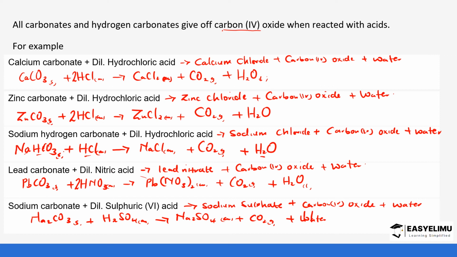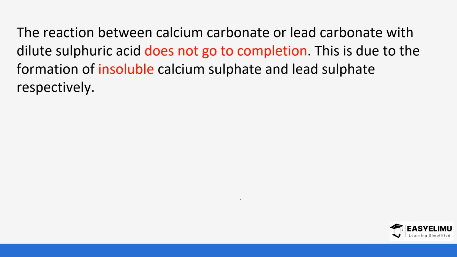Supposed to be the same, but water. So let's balance this equation. Sodiums are 2 on both sides, carbon 1 on both sides. The oxygens are 7 this side; on this side they are 4 plus 2 plus 1. So it is balanced. So the reaction between calcium carbonate and lead carbonate with dilute sulfuric acid does not go